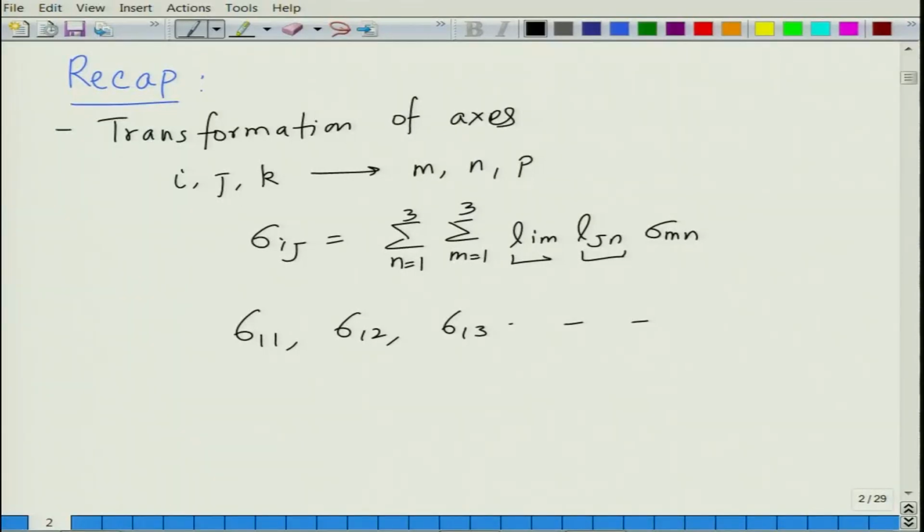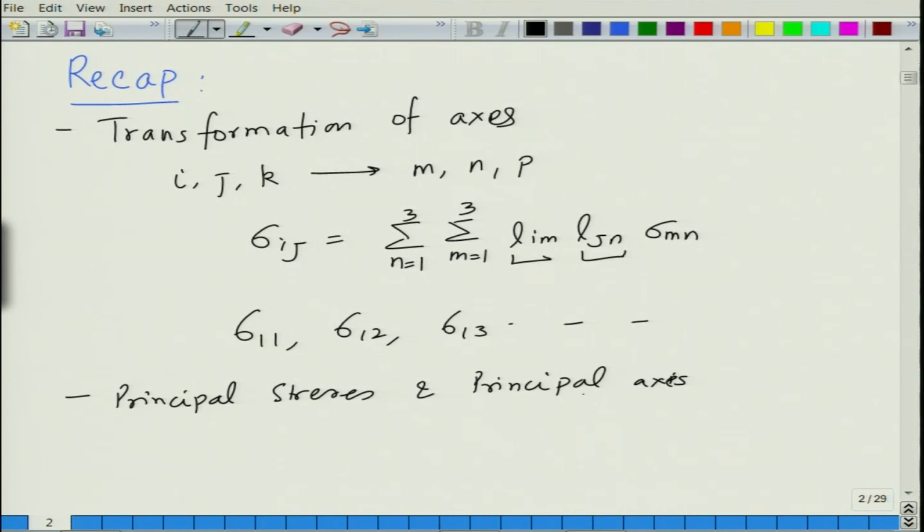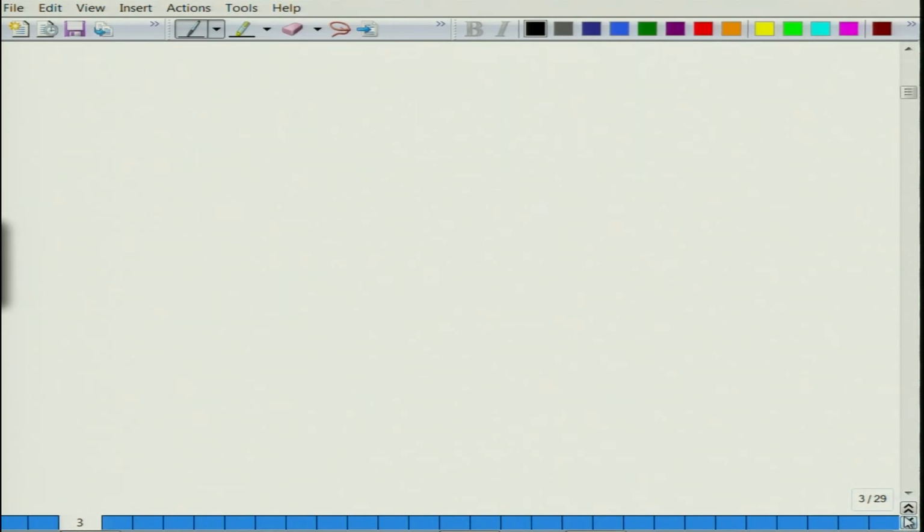Then we were looking at the concept of principal stresses and principal axes. If we define the principal stress axes as 1, 2, 3, then the principal stresses become sigma 1, sigma 2 and sigma 3, and this is what we were doing. So, let us take this further. One can define a relation between